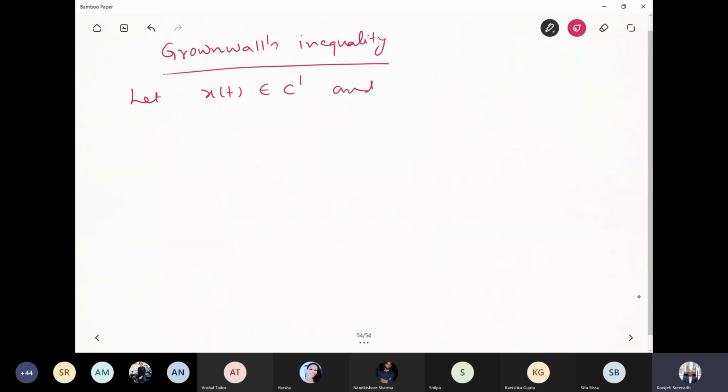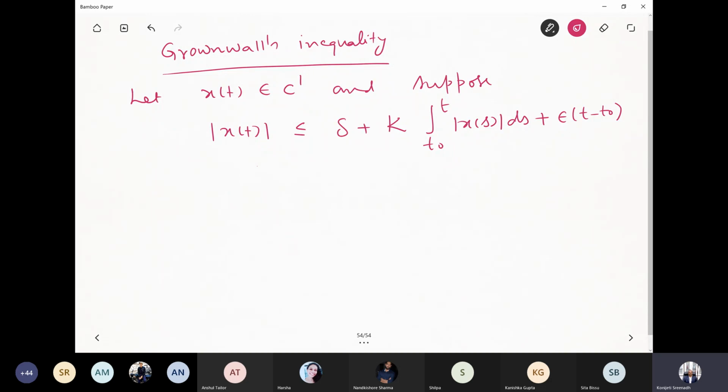So what it says is: let x be a differentiable function, and suppose |x(t)| is less than or equal to delta plus k times the integral from t naught to t of |x(s)| ds, plus epsilon times (t minus t naught). Suppose this happens, then